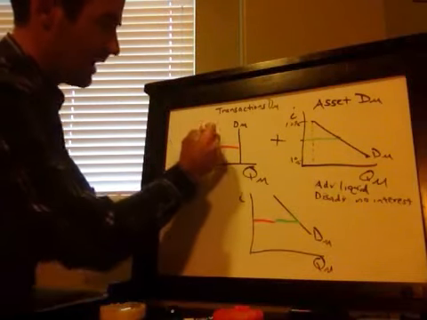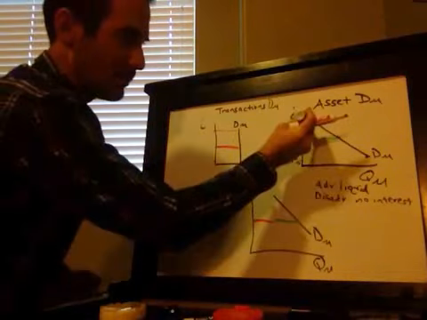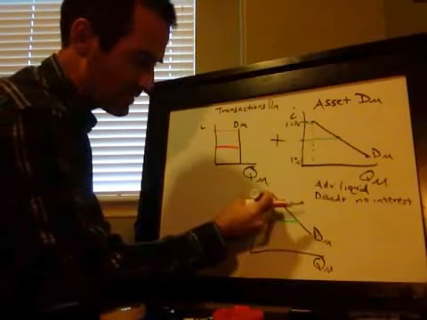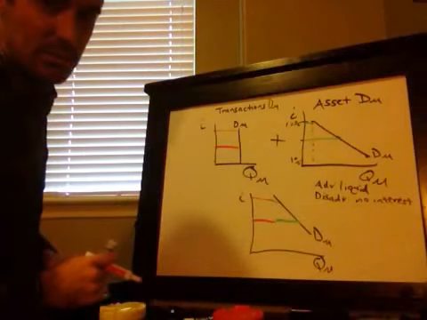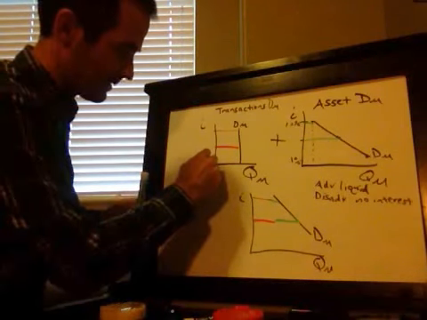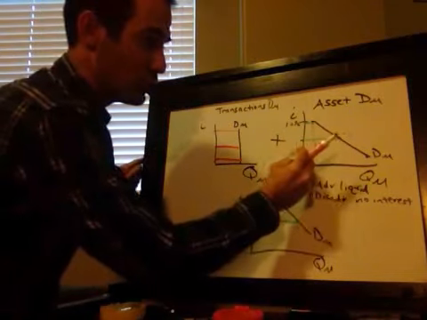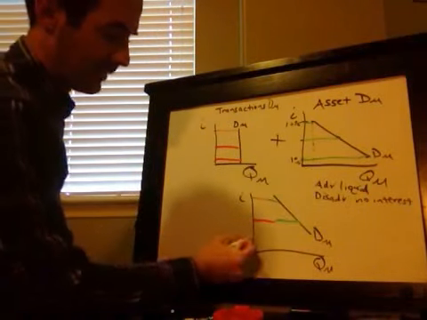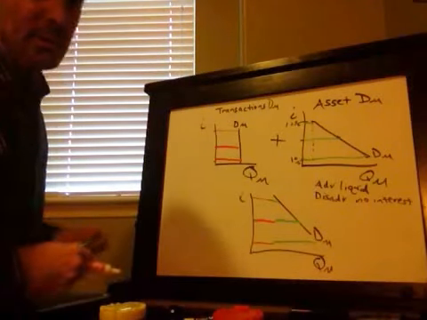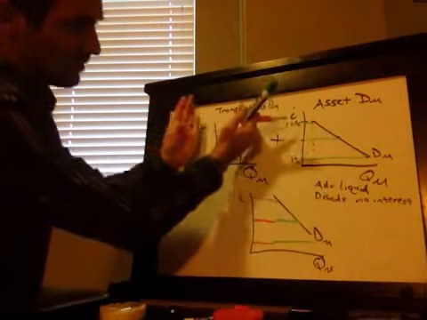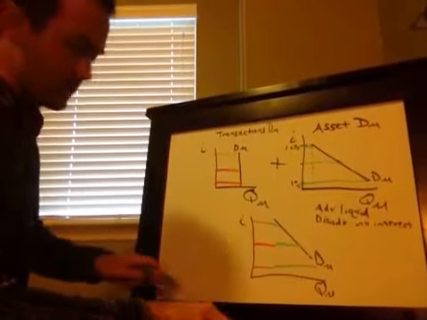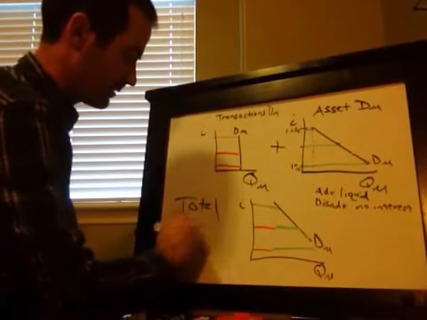All right, let's go up to the higher interest rate. Same amount for transactions, but tiny for asset. That's why it continues to be downward sloping. Let's do one more. If I go down here to the low interest rate, same amount for transactions, huge amount for asset demand for money. So when I sum these, a constant amount and a downward sloping amount, I get another downward sloping amount. This is the one you're going to draw. This is the total demand for money.